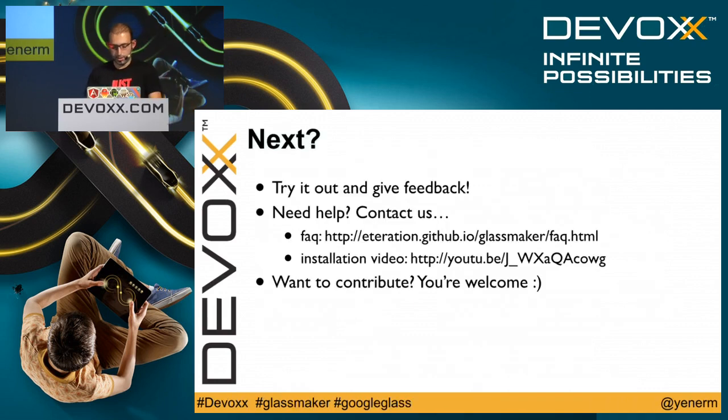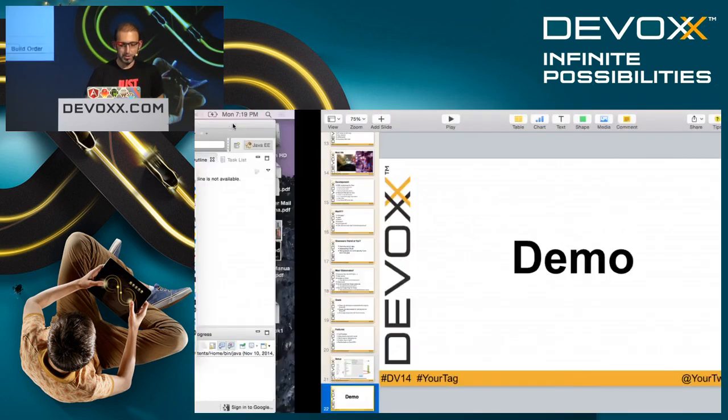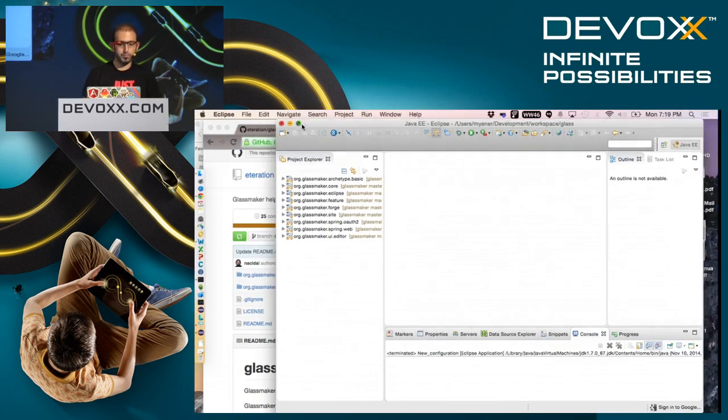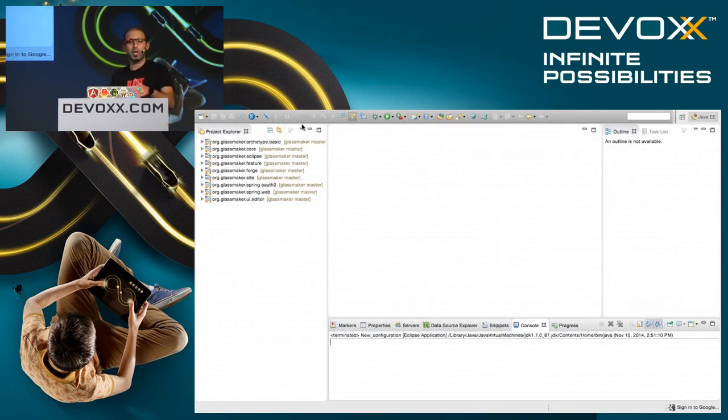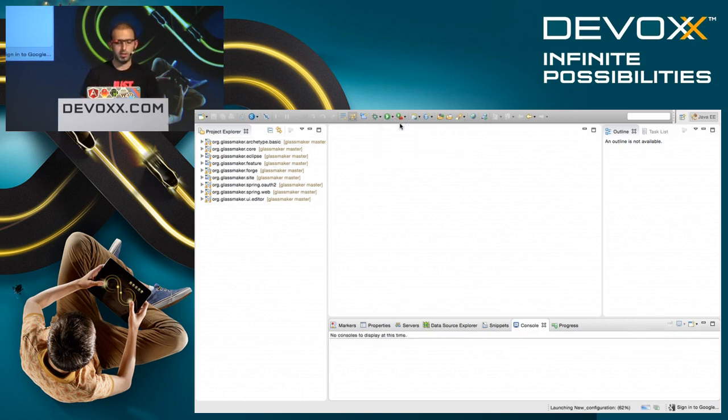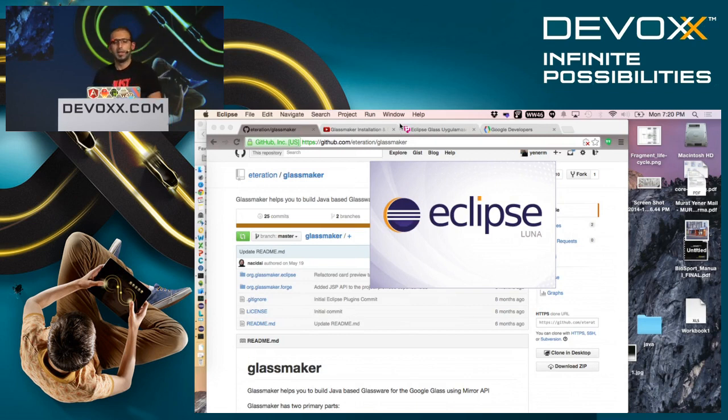Okay, later is here. This is the code I downloaded from GitHub, so I hope someone did not commit a broken feature, which will fail my demo. You can prefer to just install the plugin from the update site, but I'll just run a new Eclipse and see if it works. I'm just creating a clean workspace from scratch.